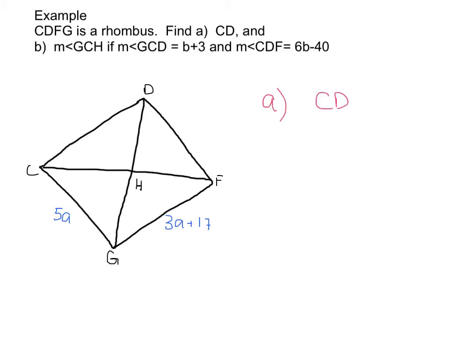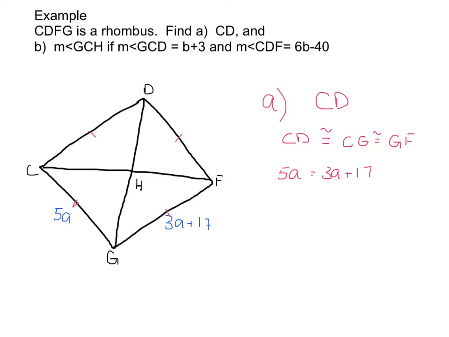Well, first and foremost, the directions say that this is a rhombus. So we can go ahead and mark our rhombus as having congruent sides. We could say then that CD is congruent to CG and also congruent to GF. Why is this important? Because we could find the length of both of these measurements. If these two are congruent, which they are, it's a rhombus, we could say that 5A is equal to 3A